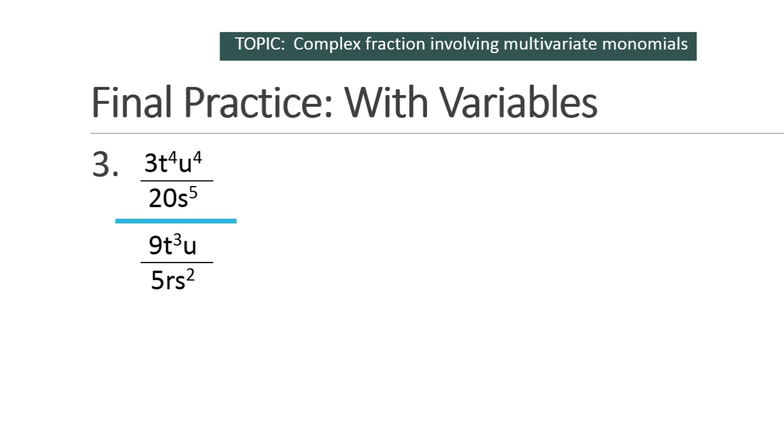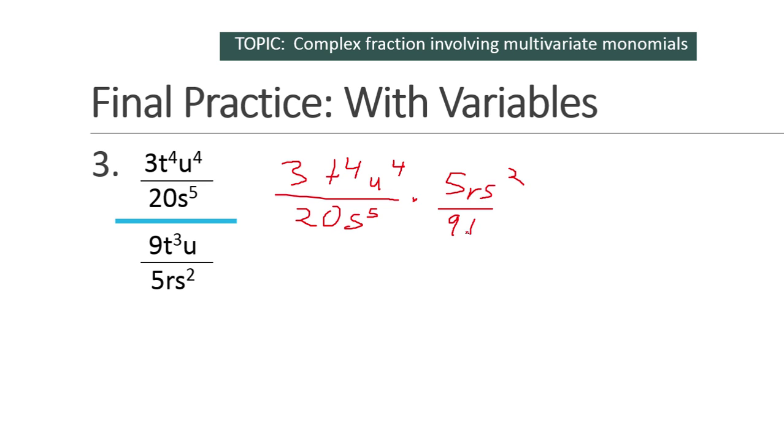So on this one, we'll do 3t to the 4, so you can pause it for a minute after, so you can do this, and then make sure you get the right answer. So I'm just going to multiply it out, 5rs to the second, 9t to the third u. Okay, and then equals,